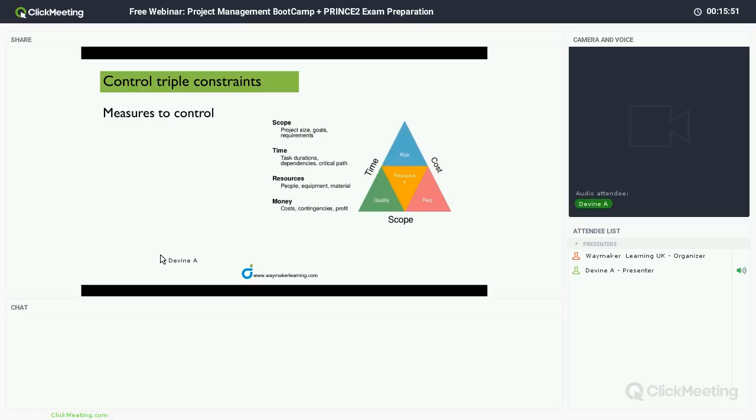So the project manager controls several measures. He looks at the scope and makes sure the project size and goals and requirements are on point. He looks at the tasks, how much time it takes to complete each task along the way. He needs to make sure that they are always on point and their tasks are completed as and when due. Whenever they lag behind and there's a shortfall, he has tools and he has methods of